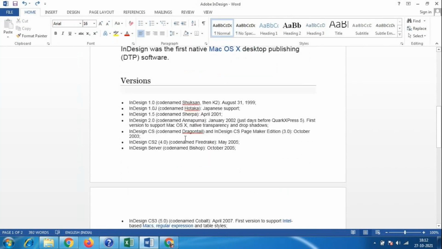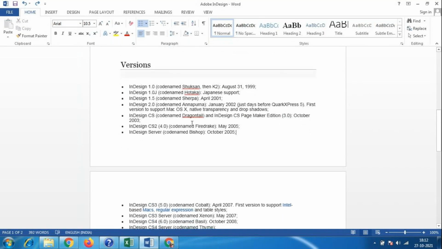They made it in a different way for printing purposes, because CorelDRAW has been very popular from the beginning. Everybody was using CorelDRAW for all kinds of printing designs. Once InDesign came, CorelDRAW and InDesign are both in competition. Some companies are using InDesign software, and some companies are using CorelDRAW.